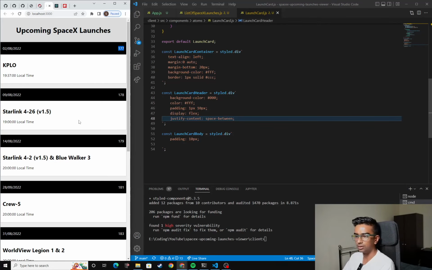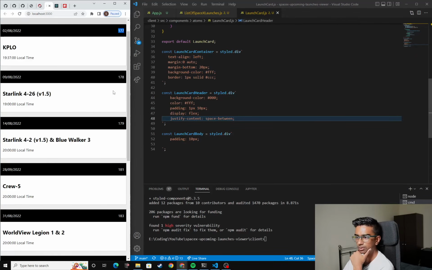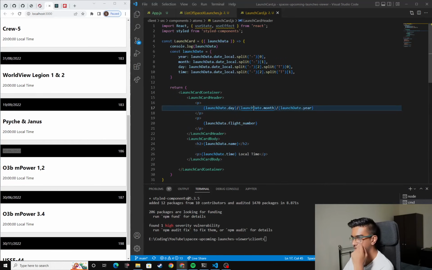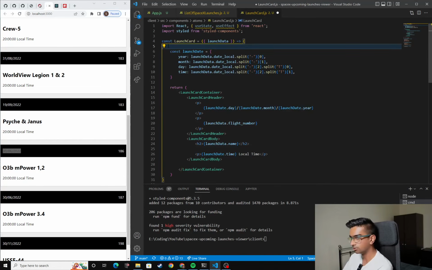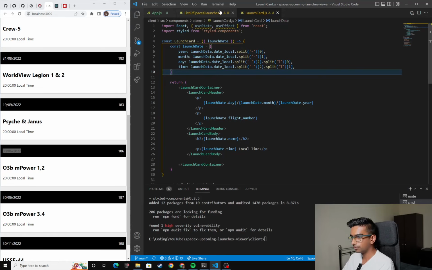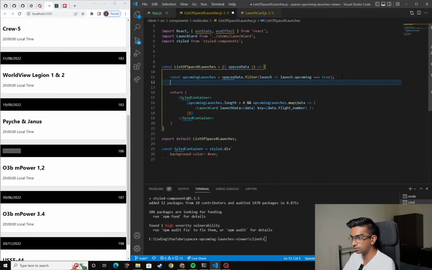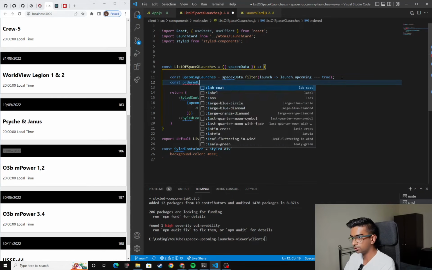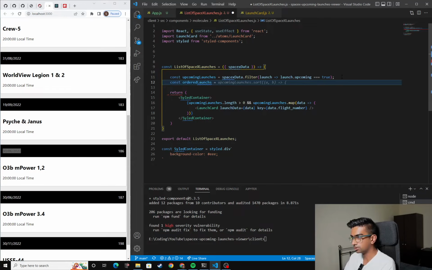Okay. Well, probably we will have to figure out why that is, or maybe not. Maybe that's just how it is. I know they're in order of flight number, so we'll probably keep it like that, I suppose. Or maybe no. We probably should have them in date order. So let's see if there's a way to fix that up. Okay, there probably is a way here. So if we do const orderedLaunches equal sort